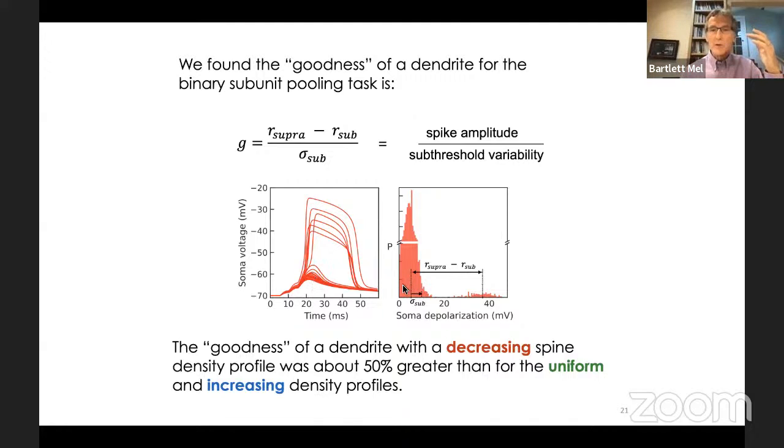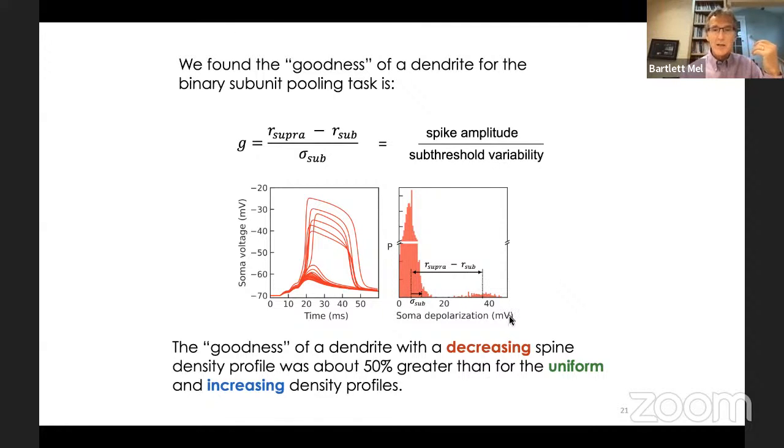That's the distribution width, essentially, of this sigma sub. And that's because we're adding up a lot of those. There's a lot of subthreshold dendrites, most of them, 29 out of 30 or 30 out of 30. And the variability of this distribution adds when you add all of those random variables together. So we don't want a lot of variability there, because that's what washes out the difference between the yes and